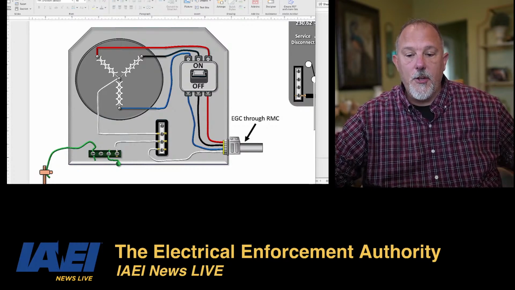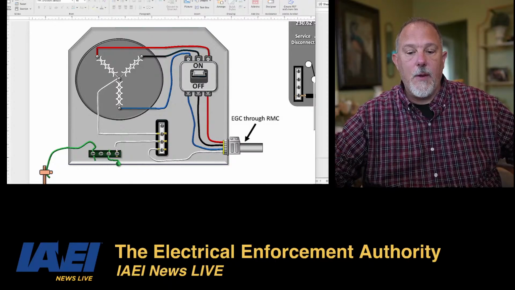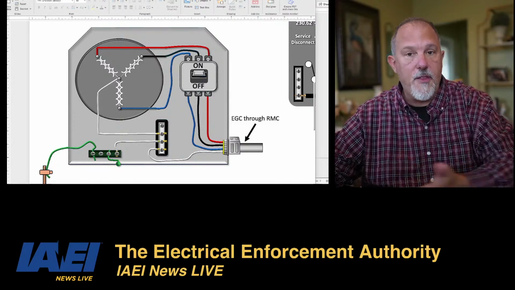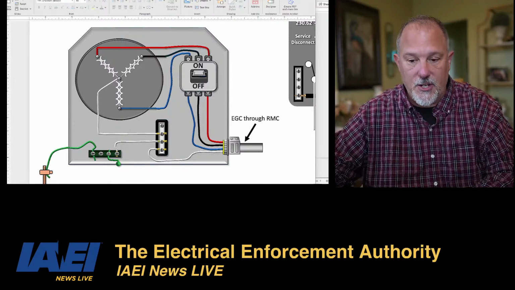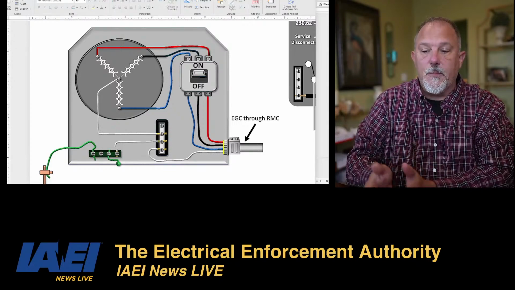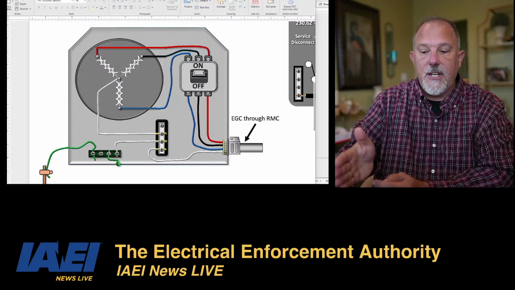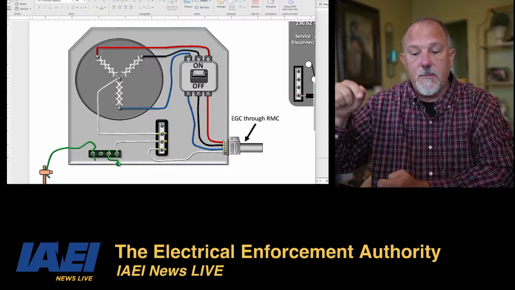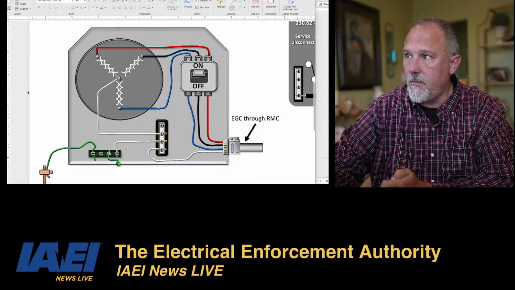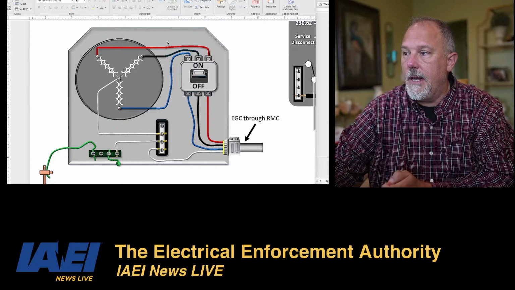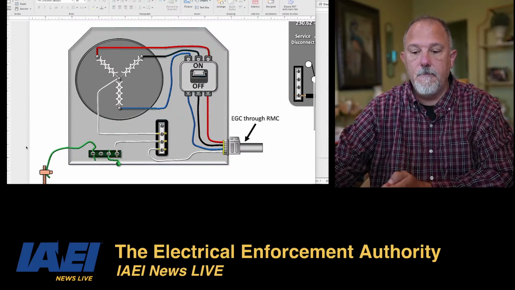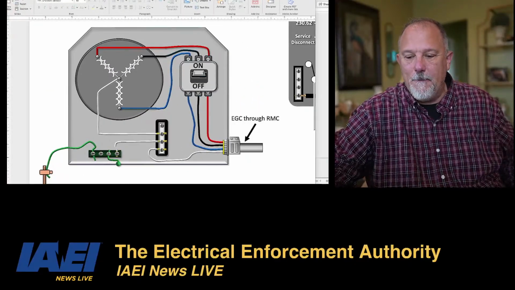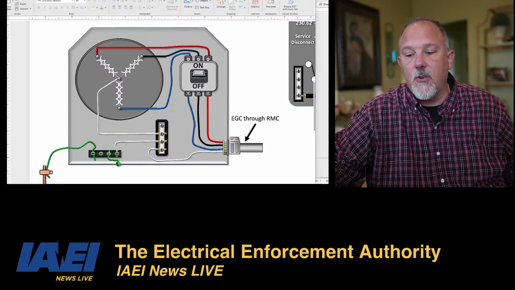Here, grounded separately derived AC systems shall comply with A1 through A8. A1 is your system bonding jumper. An unspliced system bonding jumper shall comply with 250.28(A) through (D). The connection has to be made at any single point on the separately derived system from the source to the first system disconnecting means, which this is my source. There's my disconnecting means. Or it has to be made at the source of a separately derived system that has no disconnecting means or overcurrent devices.